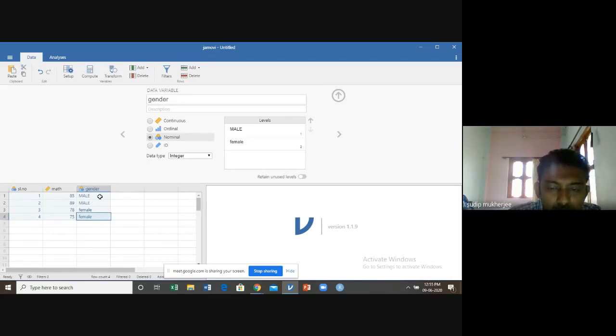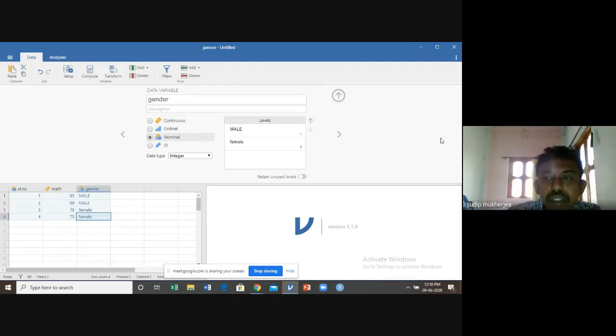So once you see the data set just like male and female, it is clear for all that the first observation is for a male student, the second observation is also a male student, the third is also a female student, and the fourth is also a female student. So viewing the data, it is clear the first 2 observations are for male students and the second 2 observations are for female students.